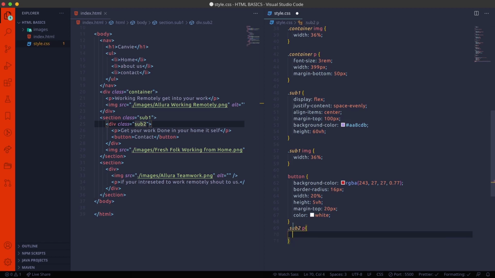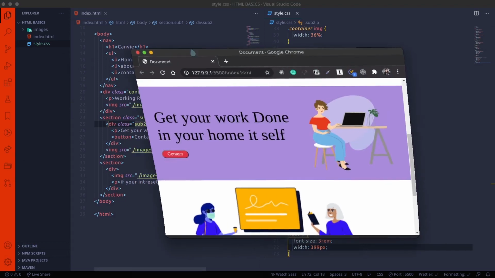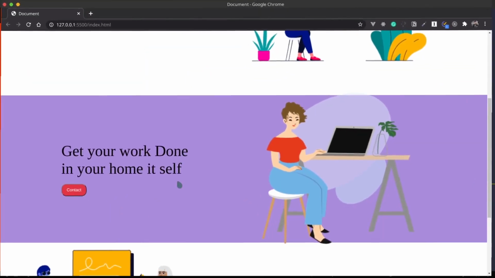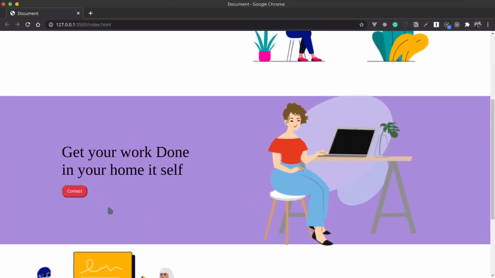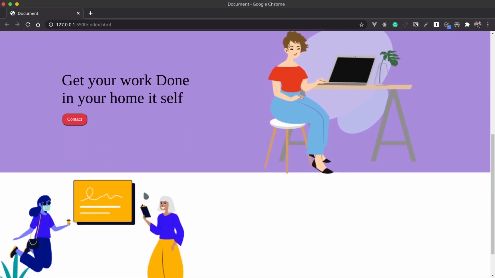Same, font size to be 3rem, width to be 399 pixels. So here you can see now it is good looking. So now we'll style this part.